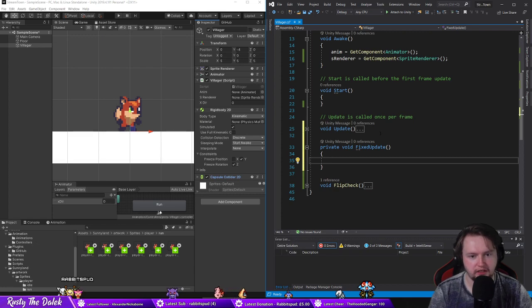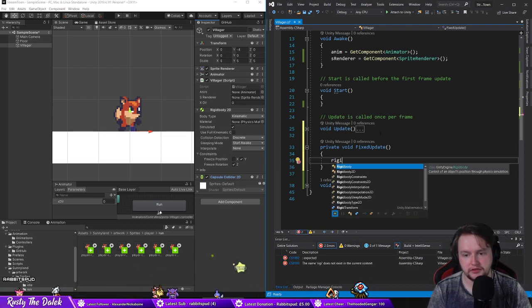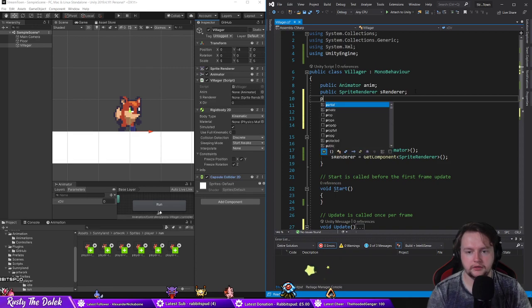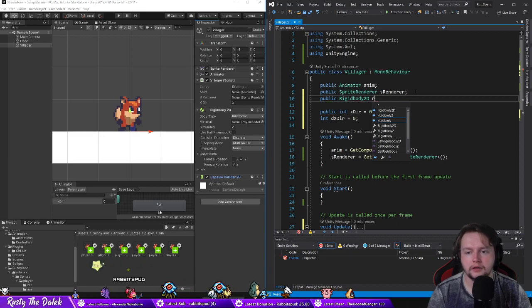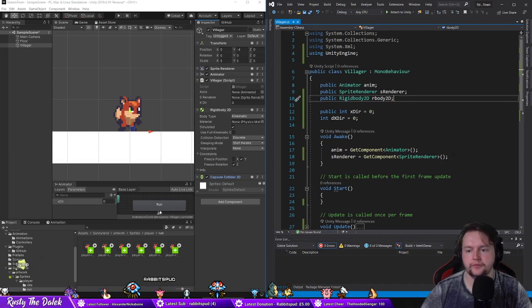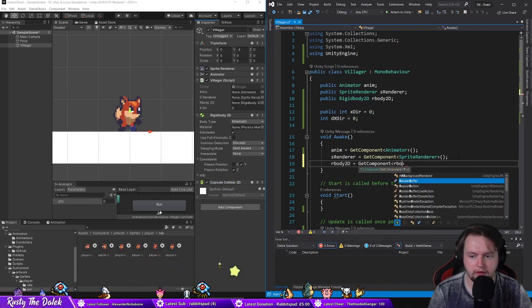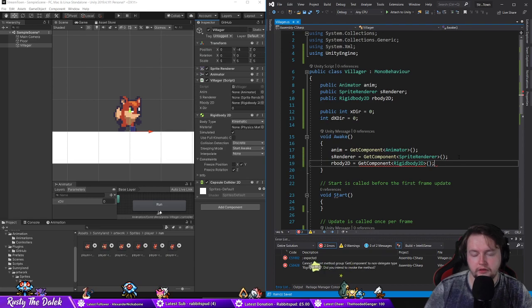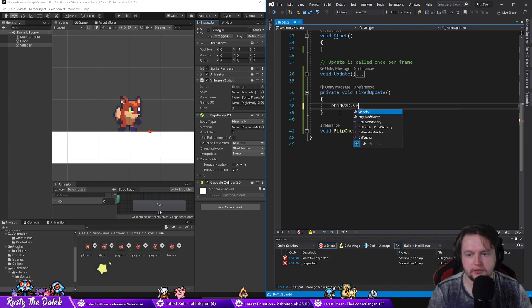We want to set a velocity. Because Unity has built-in physics, if I set velocities and things like that, it'll start doing stuff without me having to do much. So I want to say the rigid body. First, we need to assign the rigid body, just like we did with the other components. So public Rigidbody2D rBody2D. rBody2D is equal to GetComponent of class Rigidbody2D. So now we can mess around with physics. So rBody2D dot velocity